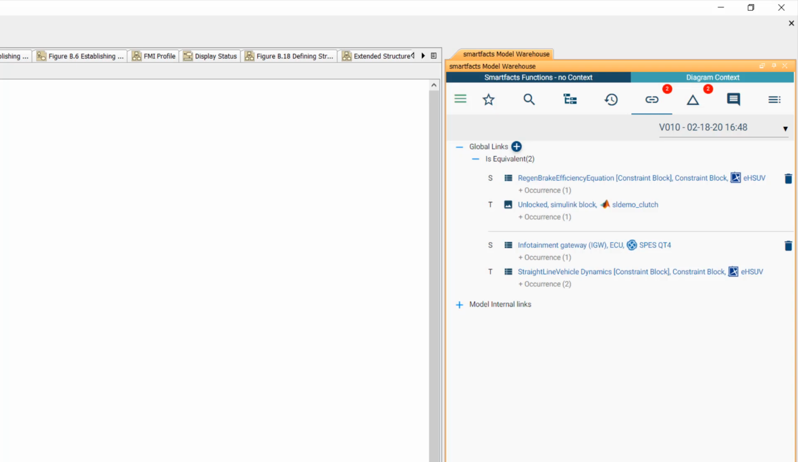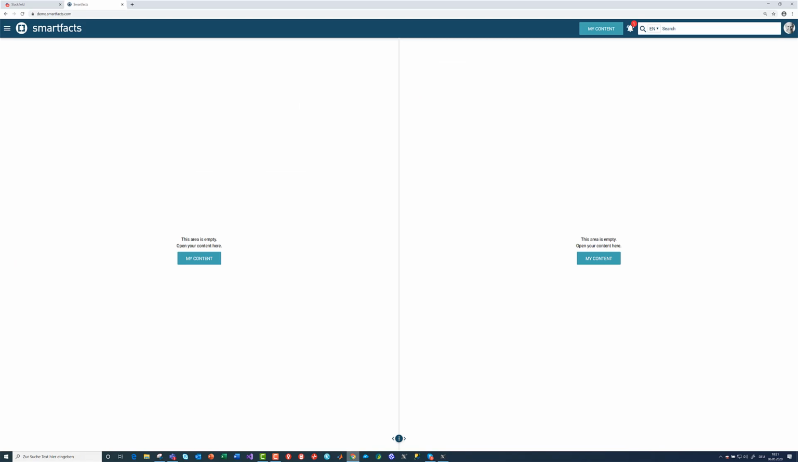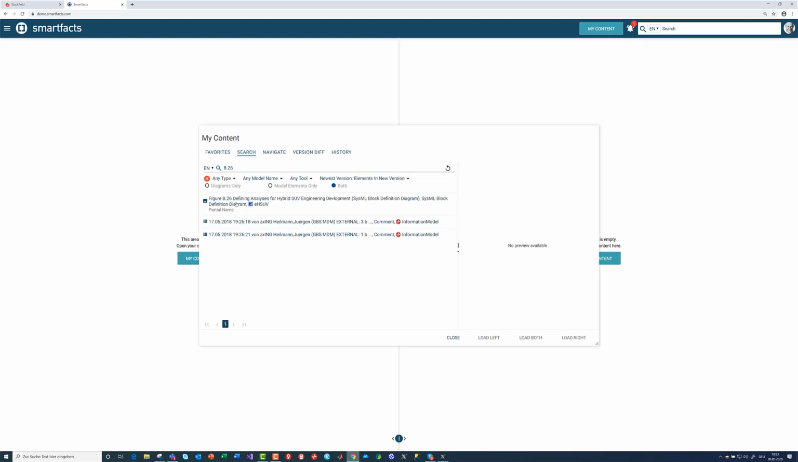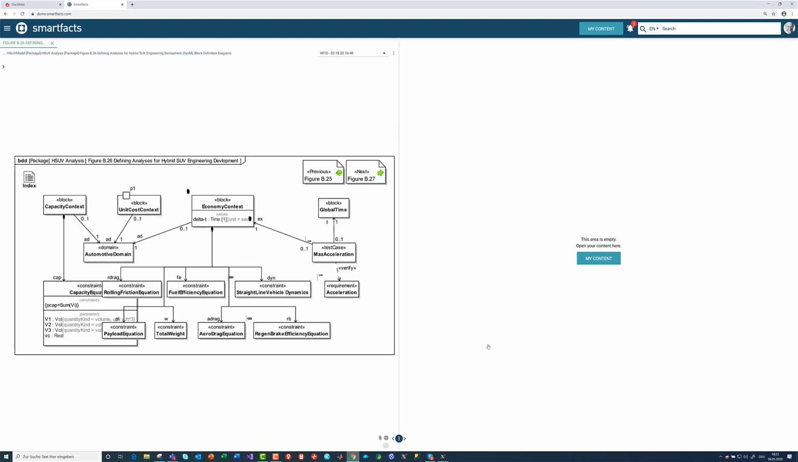Number one, we can open both diagrams, MagicDraw and Aris, in Smartfacts and then add a link. That's very convenient and simple. And number two, we can also add a link here inside MagicDraw. Let's first go to Smartfacts. So first we look for B26. Here it is. This is the MagicDraw diagram, and we load that to the left side of our split